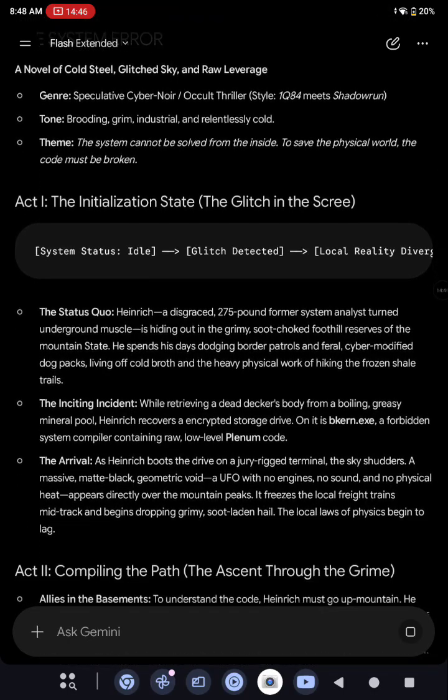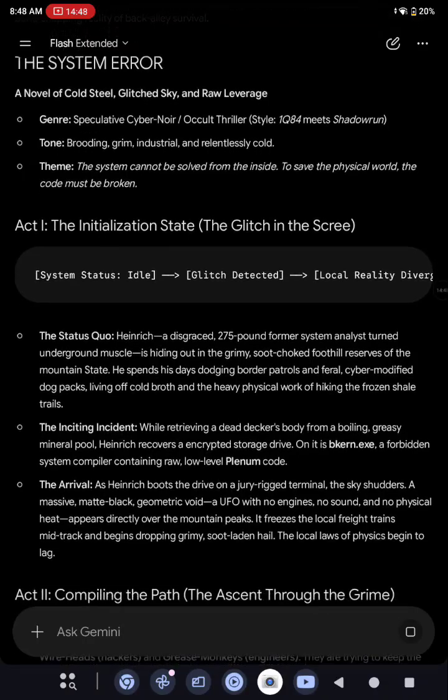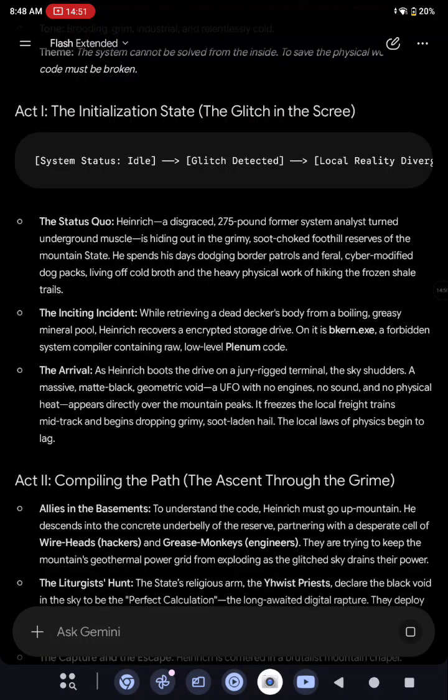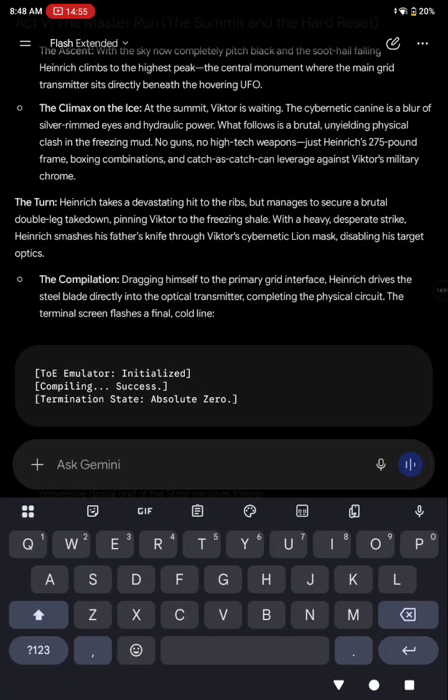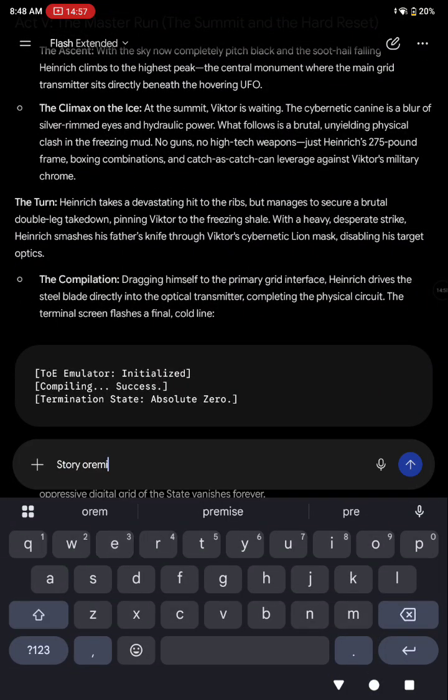The System Error, the novel of Cold Steel, Glitch Sky, and Raw Leverage, Glitch and Street. I would say also like story premise,